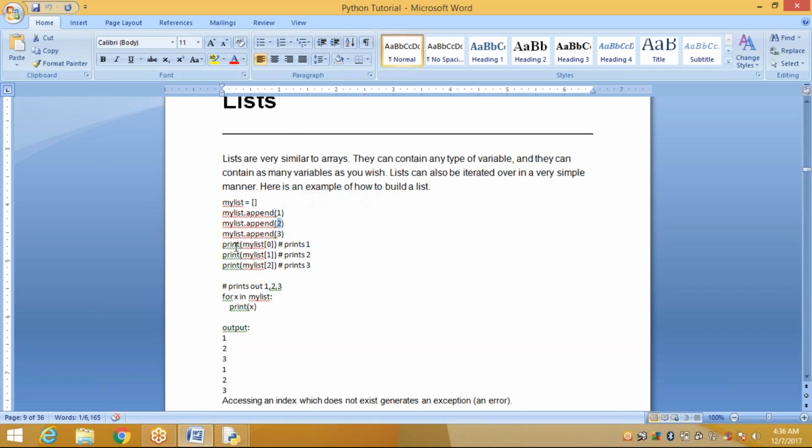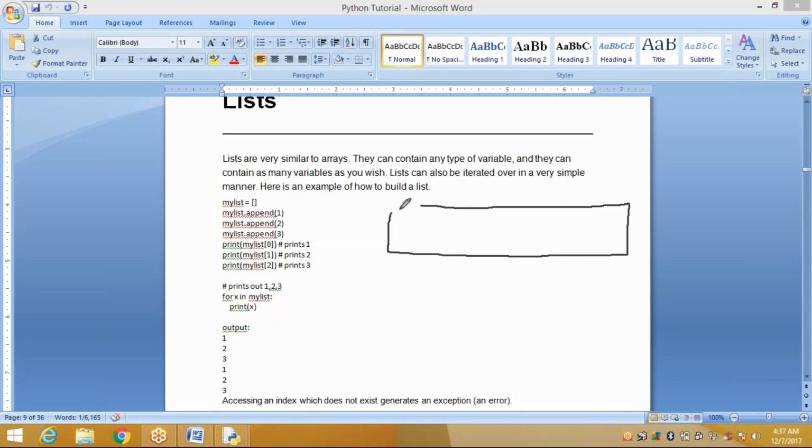Now we want to print those values. Print my list array of 0. So in our memory management, we have an array. The values are stored like this: 1, 2, 3, and so on. Right?